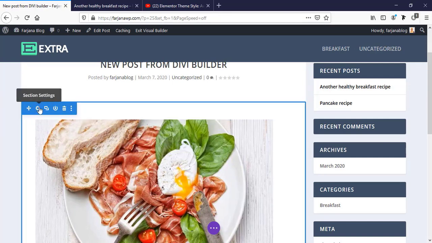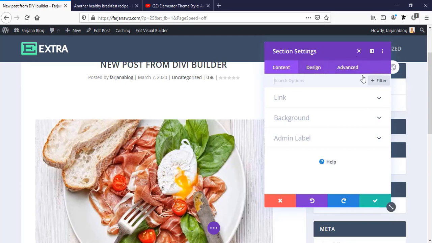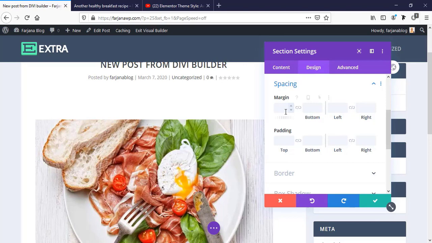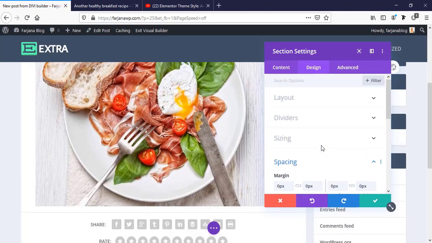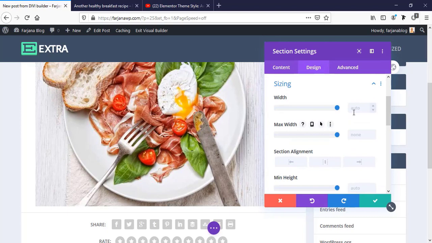For this I'm going to settings and design tab and going to spacing, and from here I'm making margin 0, bottom margin 0, left right all 0 and all padding top, bottom and left, right 0. And from sizing, making width 100% and max width 100%,